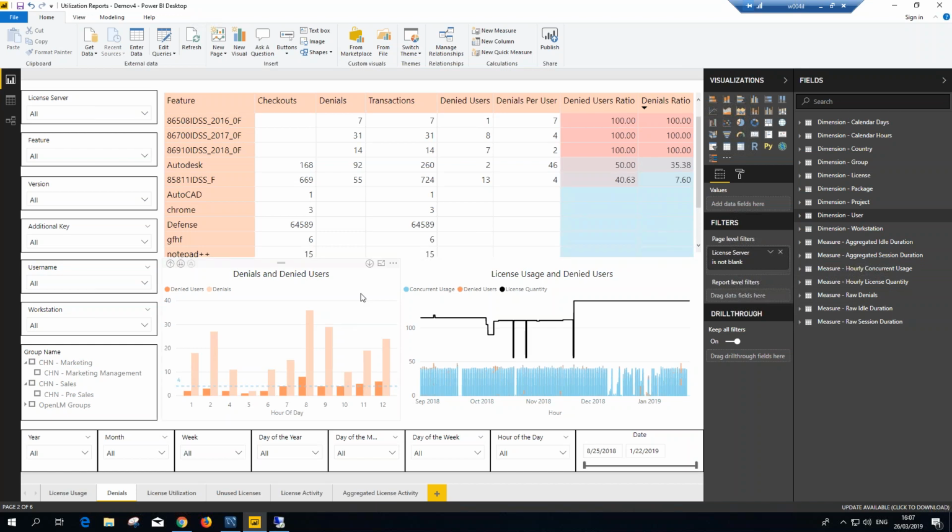So what does this allow us to do? It allows you to create reports such as these, the one that you're seeing here. Now, just to give you an example, what are we looking at? Well, we're looking at a full aggregation per feature of how many denials they had, how many checkouts, how many users got denied, because I had like 92 denials. Does that mean I need 92 licenses? No, only 2 users got denied, so I need maybe 2 licenses. And I see it was like 46 denials per user, so I just need about two more licenses and I'll